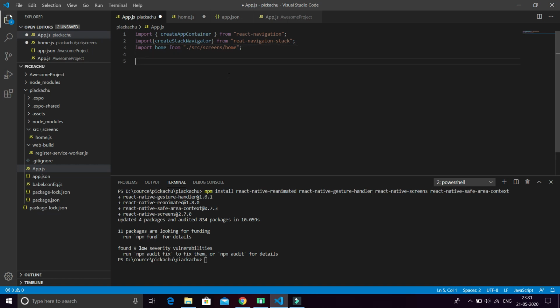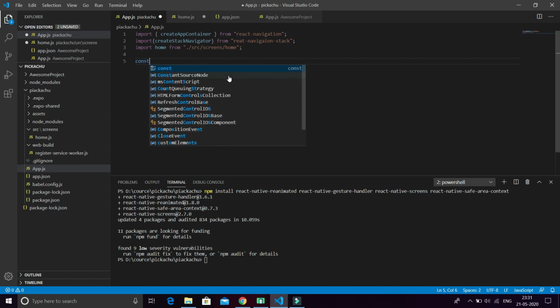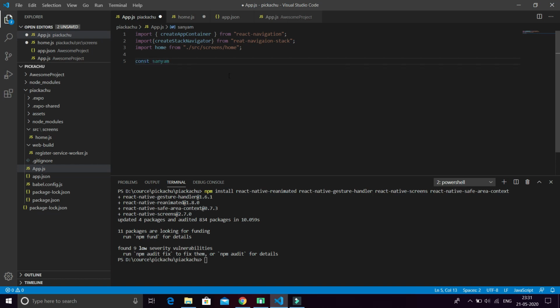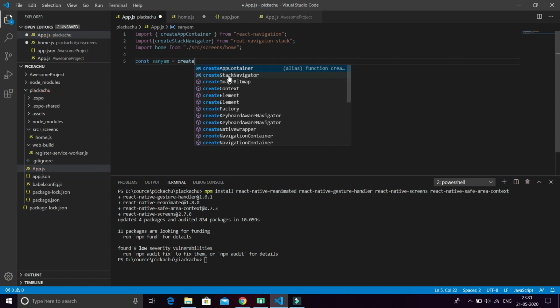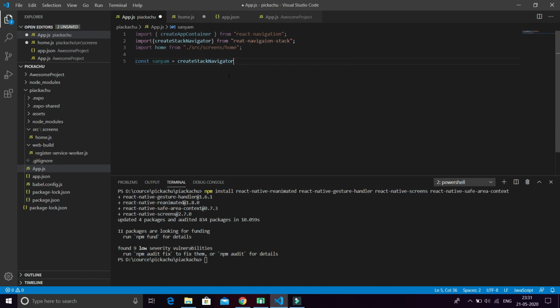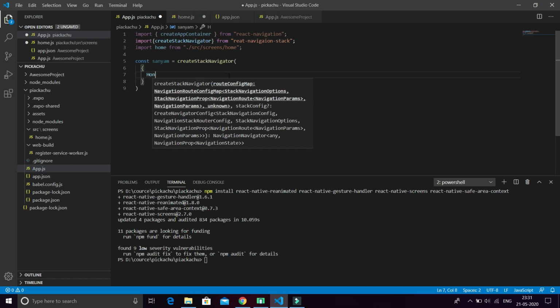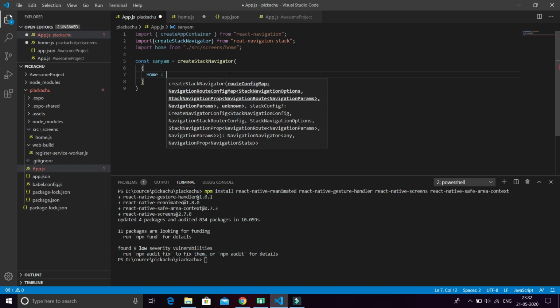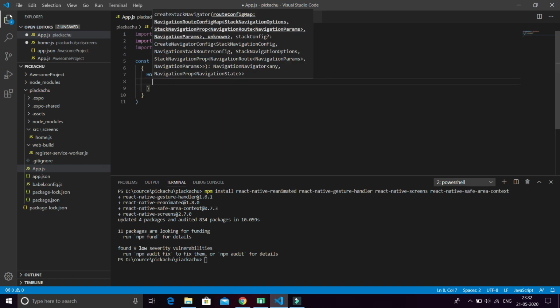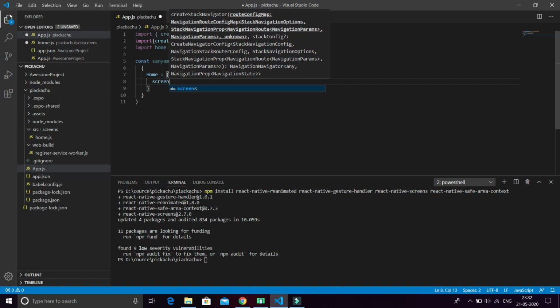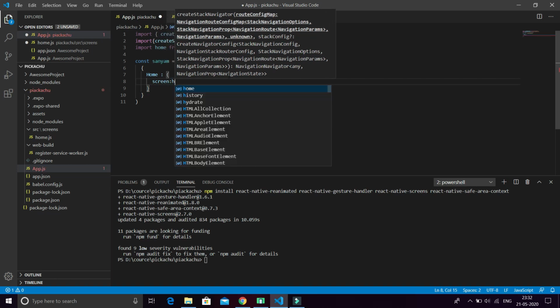Okay friends, we have imported everything. So firstly define the constant, I will name it Sayam. You can name it anything. createStackNavigator. We got it here. And just start out things. Here we call some variable, give the value to it and set the screen in it, which is Home.